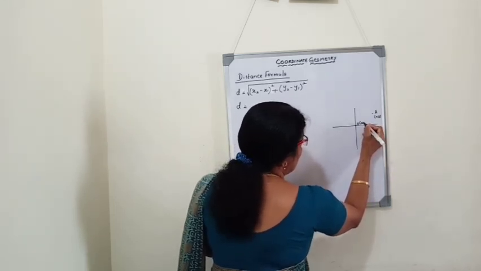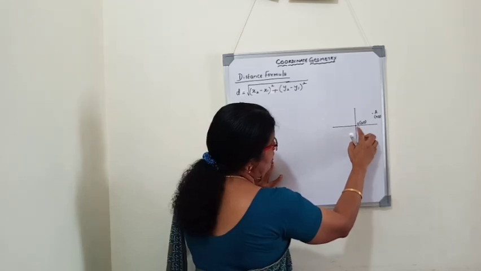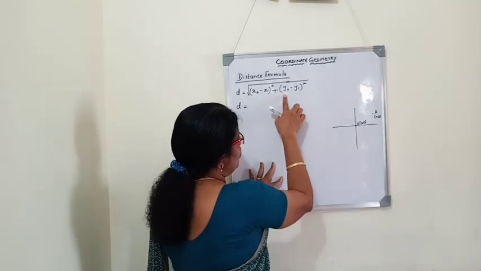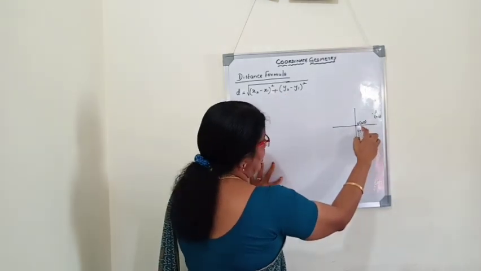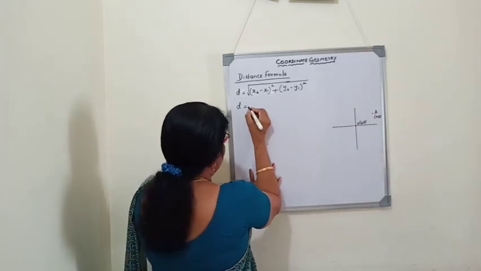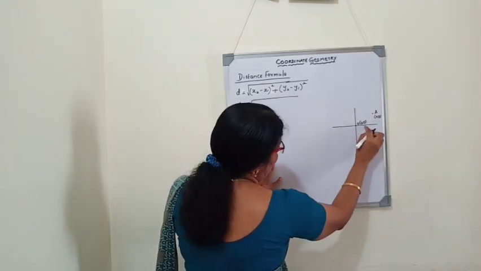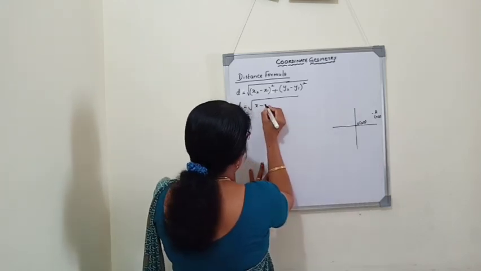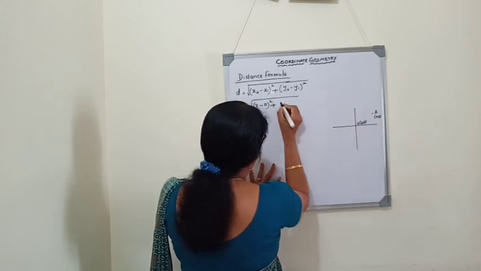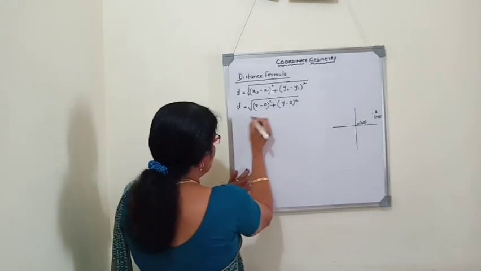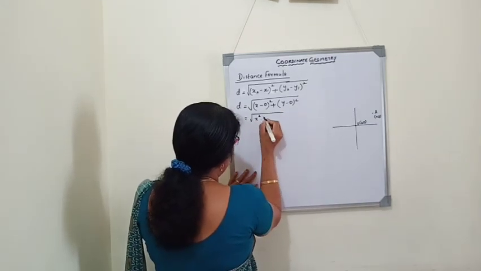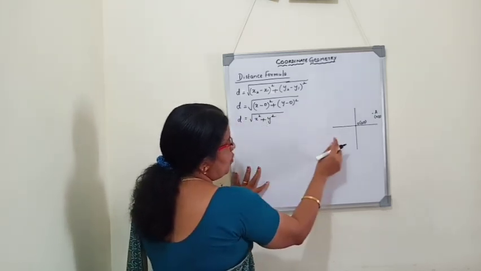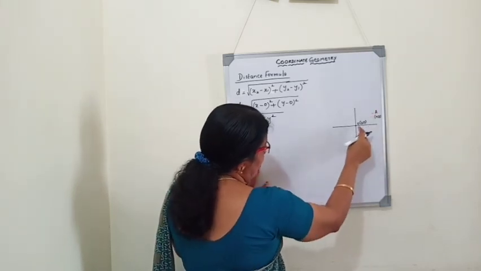Origin, you know, the coordinates are 0, 0. If you want to find the distance between the origin and a point, normally we will write x2 minus x1 the whole square plus y2 minus y1 the whole square. Here, if you want to find the distance between O and A, we will write square root of x2 minus x1... This is x1, y1 and this is x2, y2. So, x2 will become x. X minus 0 the whole square plus y minus 0 the whole square. So, x minus 0 is nothing but x. So, directly we can write x square plus y square. So, this formula we will use only when you want to find the distance between a point and origin.